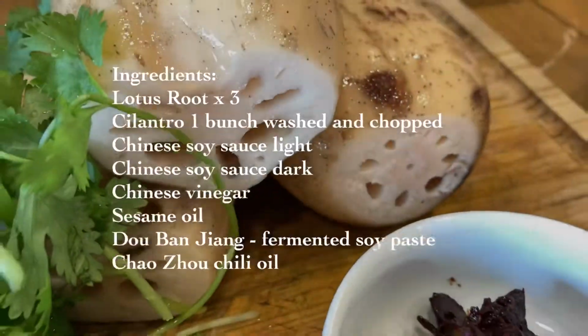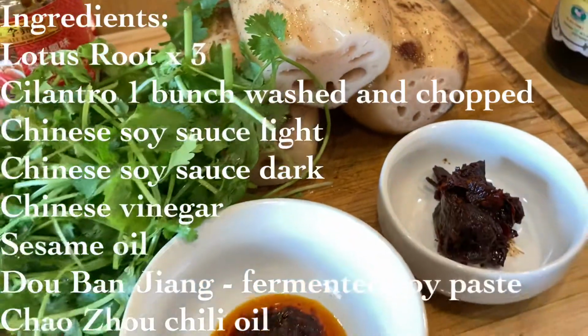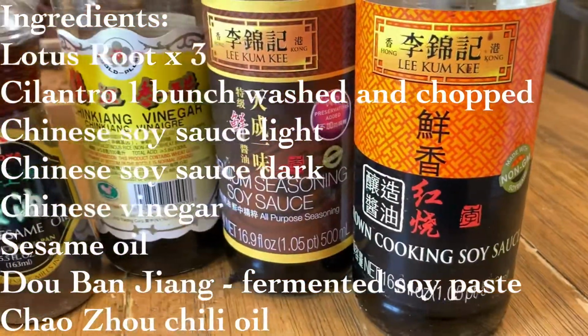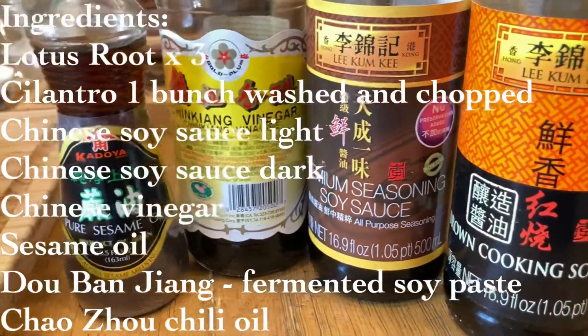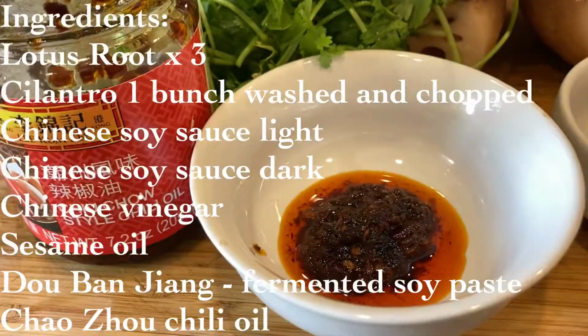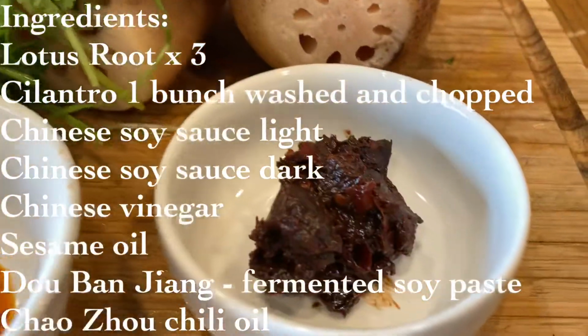Welcome back. Today I'm going to be preparing 凉拌藕片. You're going to need some fresh lotus, fresh cilantro, a variety of different Chinese sauces. We have 2 different soy sauce, a light soy sauce, a dark soy sauce, sesame oil, as well as Chinese